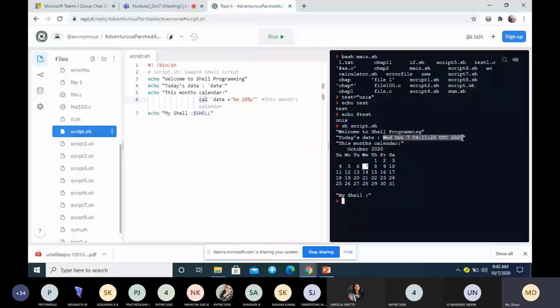Then this month's calendar: it displays this message and then the calendar. It also displays the year, 2020, and the month, October, and here it displays the shell.